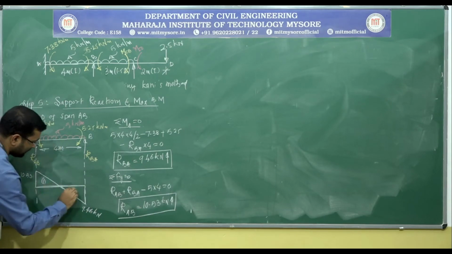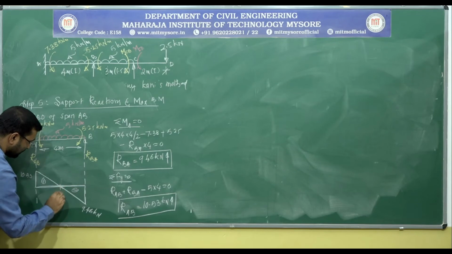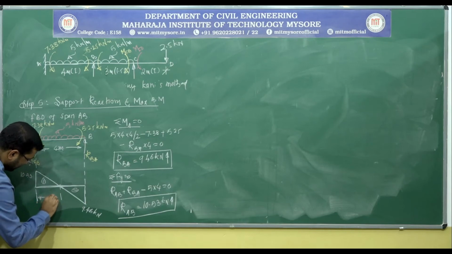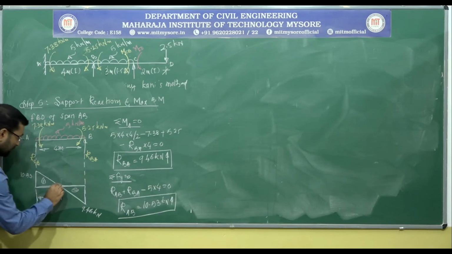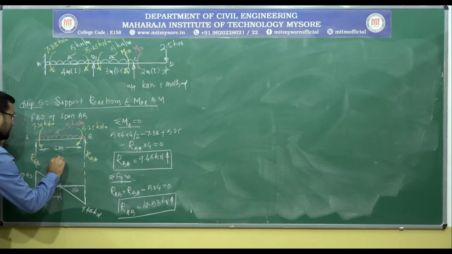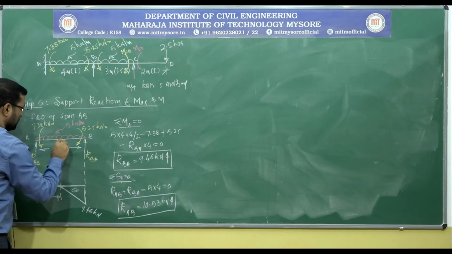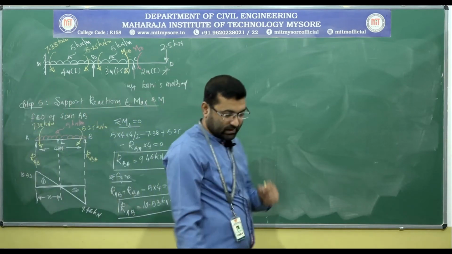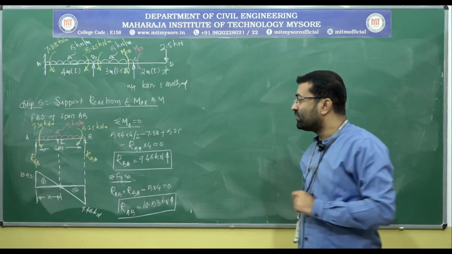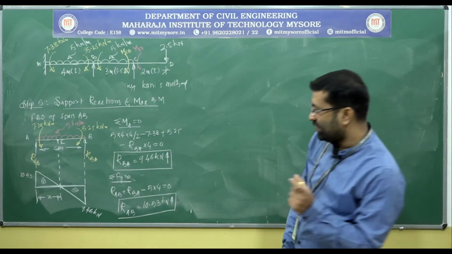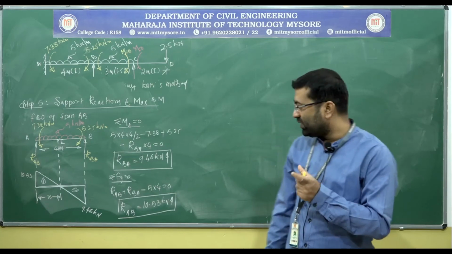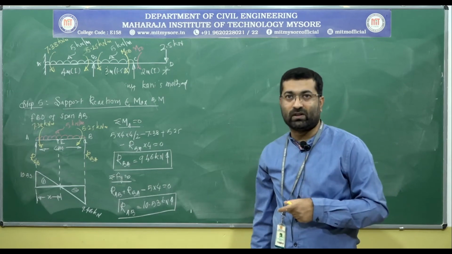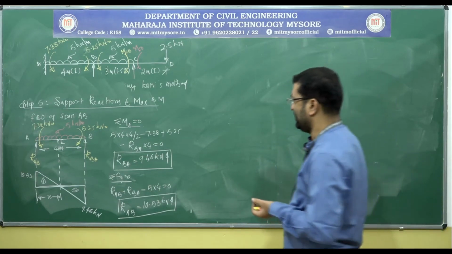So this is positive shear force, this is negative shear force. Here is the point where we can say the shear force is 0. Let us say it is at a distance x. So let me extend this, saying this is point E. So now we know that at point E the shear force is 0. We have to determine that distance. Once we determine that distance, we can say exactly at the same location the bending moment will be maximum.